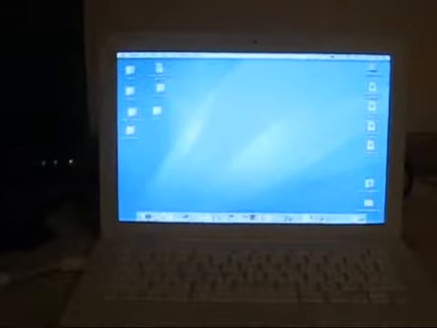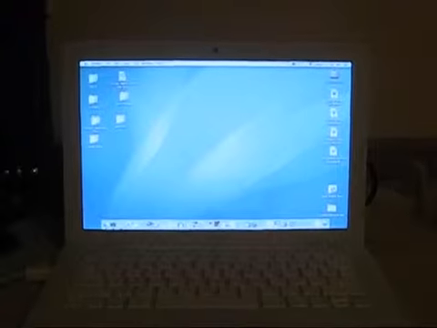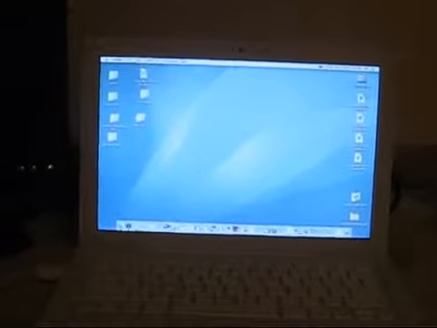Alright, users of YouTube, I'm here today with my MacBook and an external monitor and a mini DVI to VGA type cable. Today what I'm going to be doing is showing you a really cool feature that I discovered today when I